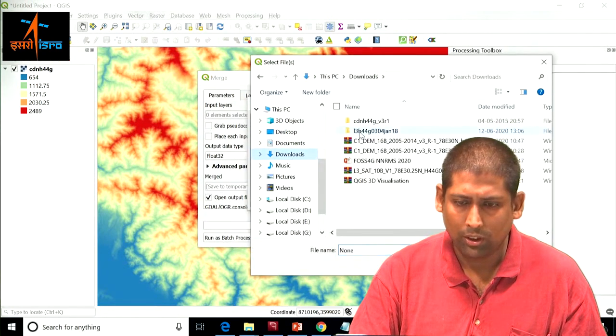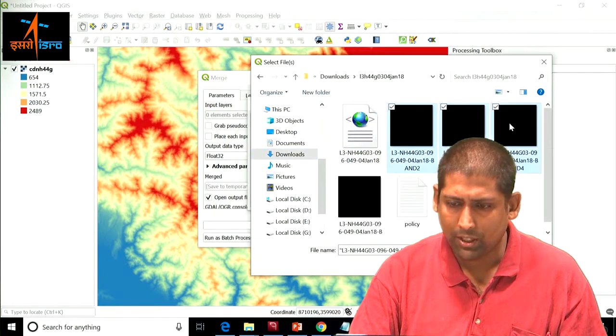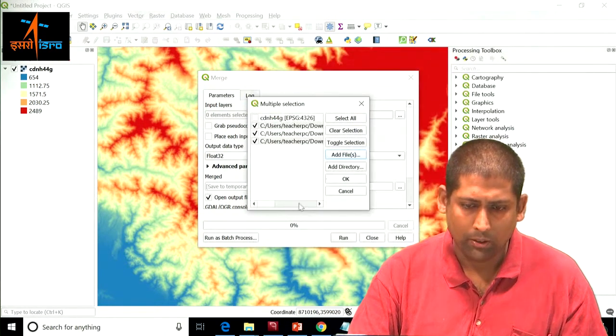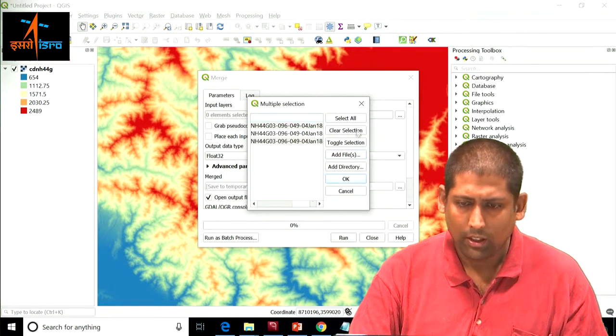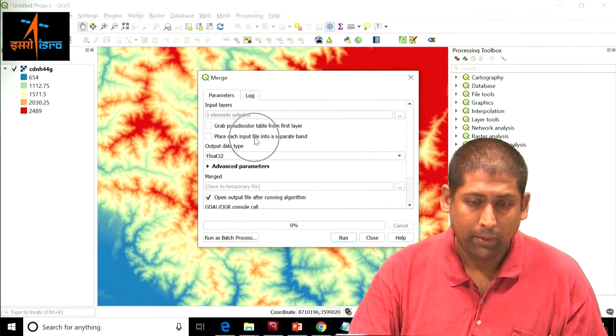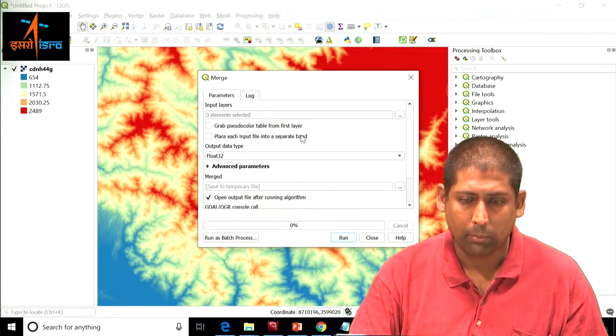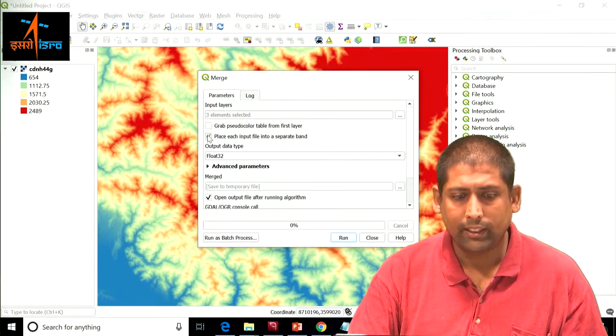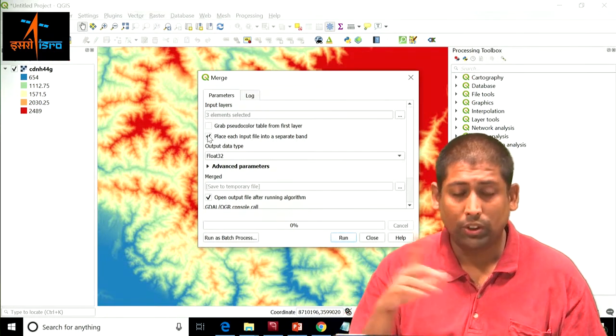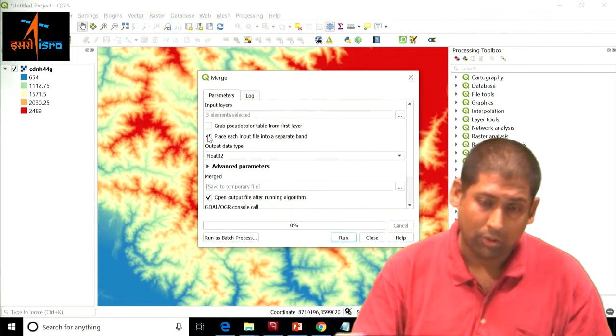Go to this folder, select the first three bands, click on open, and click on OK. Make sure you check this box, place each file into a separate band. This will create the multi-band raster. If you don't check, you will get a single band output.